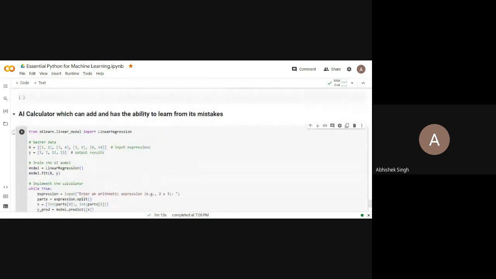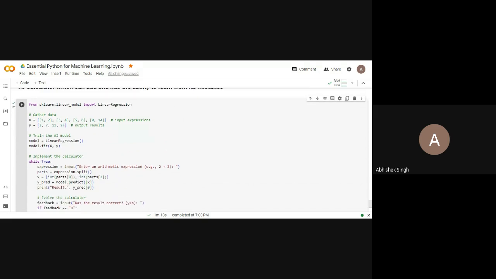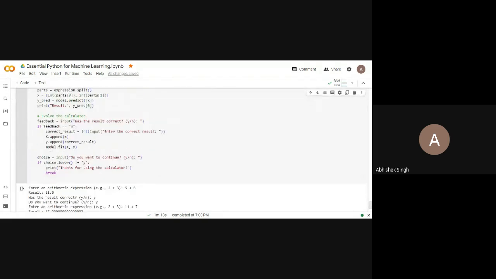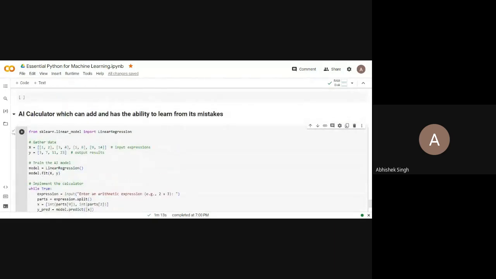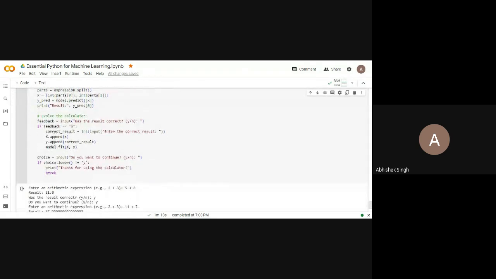So this is how Python is used in machine learning. This is a very simple AI calculator which is doing the addition operation. And why did it make the mistake? It made the mistake because it has a very limited data set to train on. You can increase this list. You can increase the functionality. Also, you can change to different machine learning models. So in the coming sessions, you'll be learning about more machine learning algorithms, and at the end try some other algorithm and make this a more improved one.